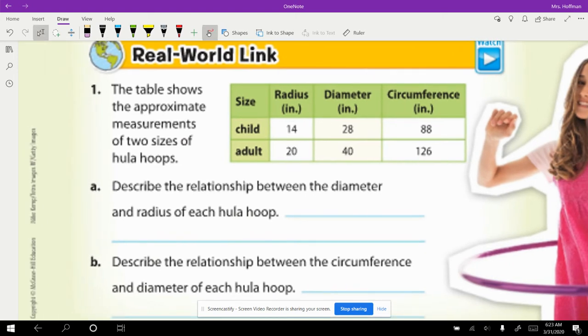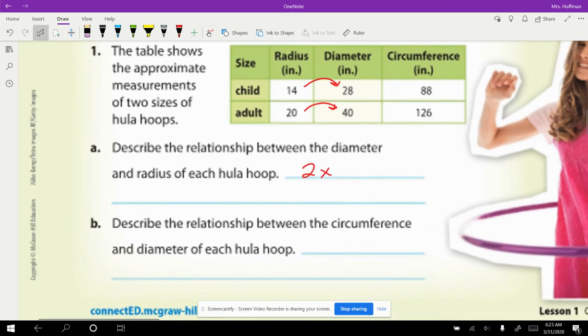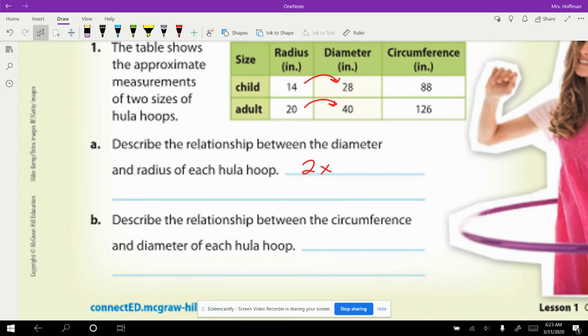And if you didn't already see it, there's actually a connection here where you can see that the diameter is twice the size of the radius for both the child size hula hoop and the adult size hula hoop. So we can say it's 2 times bigger. Then it says at the bottom, describe the relationship between the circumference and the diameter of each hula hoop. So this might be a little bit harder to see,